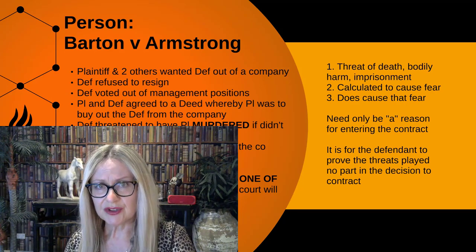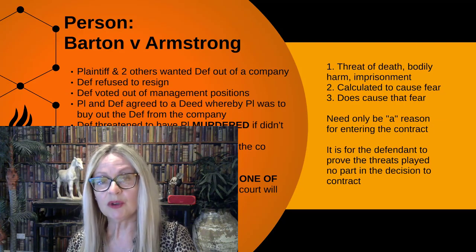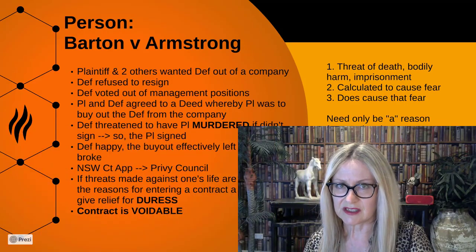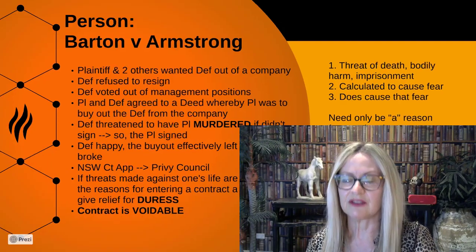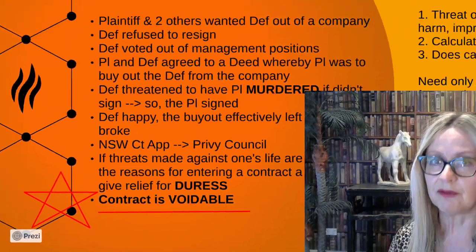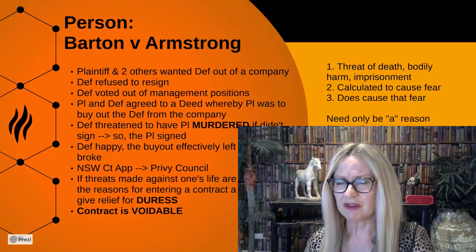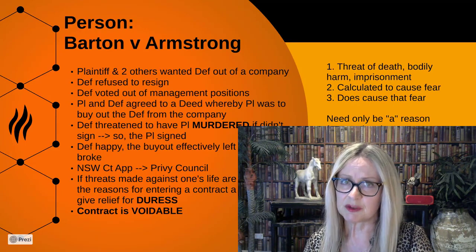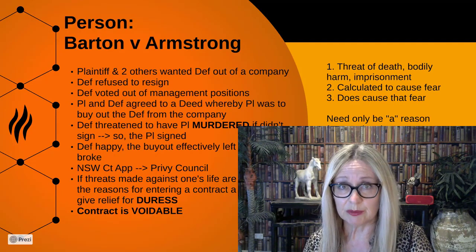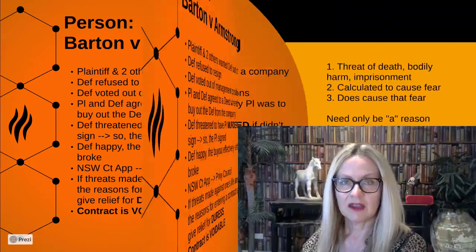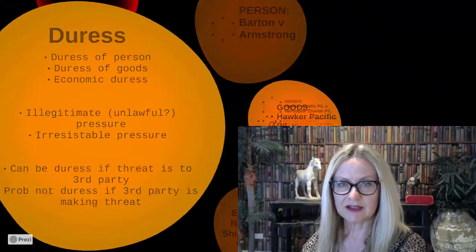You will note that even though this is a common law action, the result of a successful argument of duress is that the contract is voidable only. Voidable, not void. So there was a bit of unclarity about that for some time, but the consensus now seems to be that the contract will be voidable. So that's duress of the person. Now let's have a look at duress of